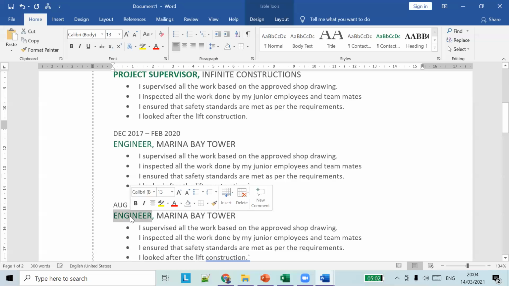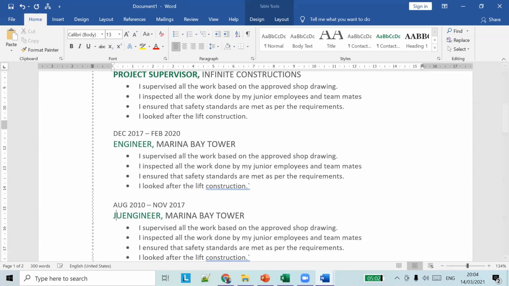You can change the title to junior engineer, and change the company name, maybe to RMB Constructions.